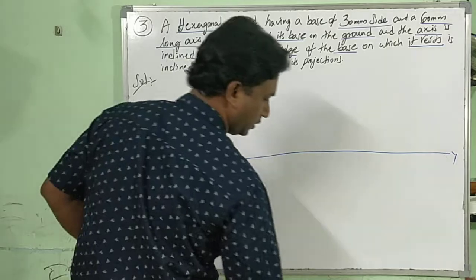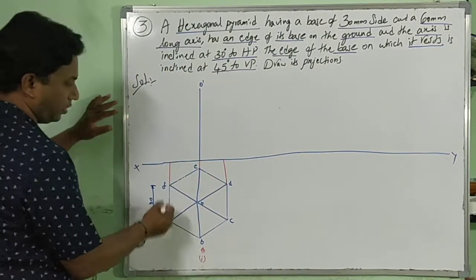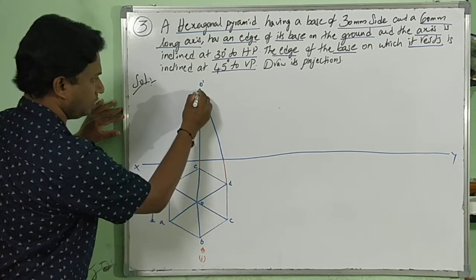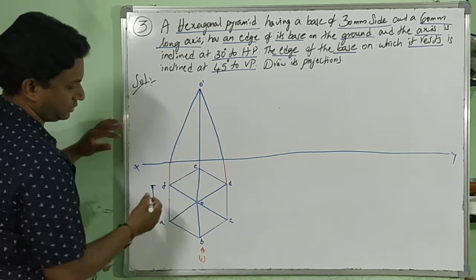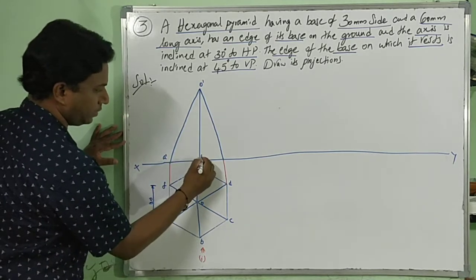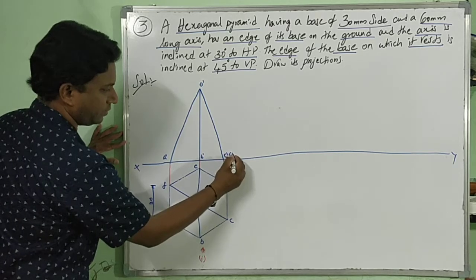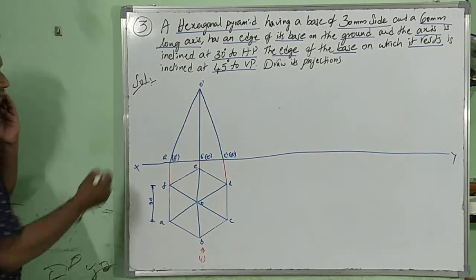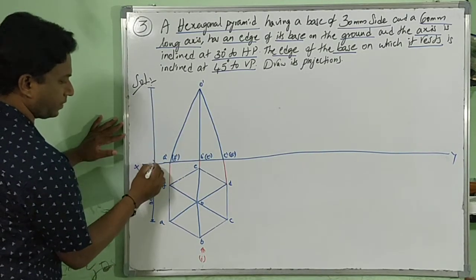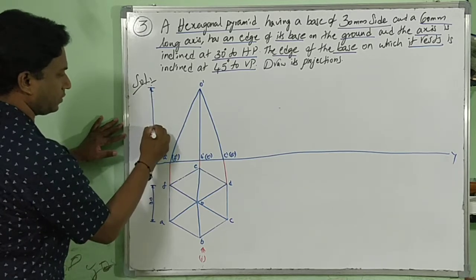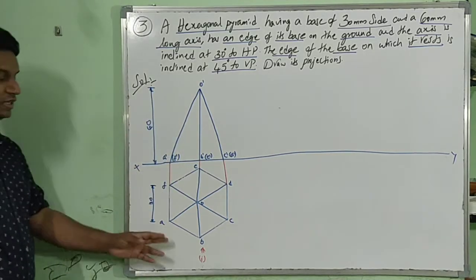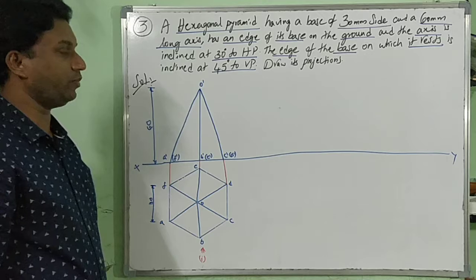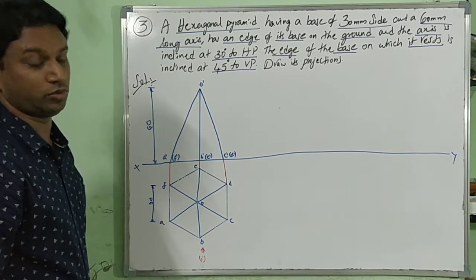From that, you can directly draw thick lines. If you want to write points here: A dash, B dash, C dash, in brackets D dash, E dash, in brackets F dash. Now the axis height. Stage 1 completed, right? Because there is no axis, it's being dominated. That's the important thing we are supposed to concentrate on, and you have to draw it.